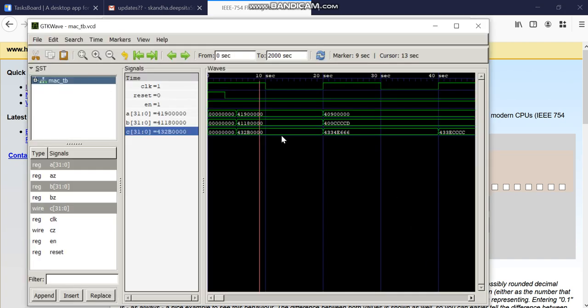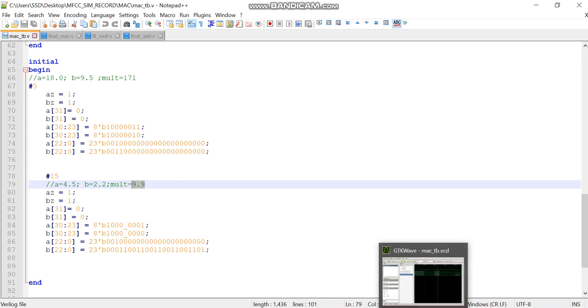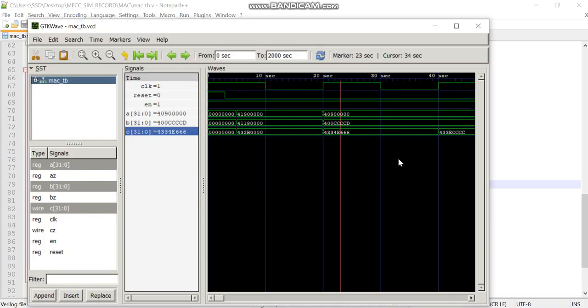So the first output is right, and then coming to the second output, this 0 and this 171 should be added with the multiplication result of these two inputs. The multiplication result of those two inputs is 9.9, and now adding up 171 and 9.9 should result in 180.9. So let's check whether this 4334E666